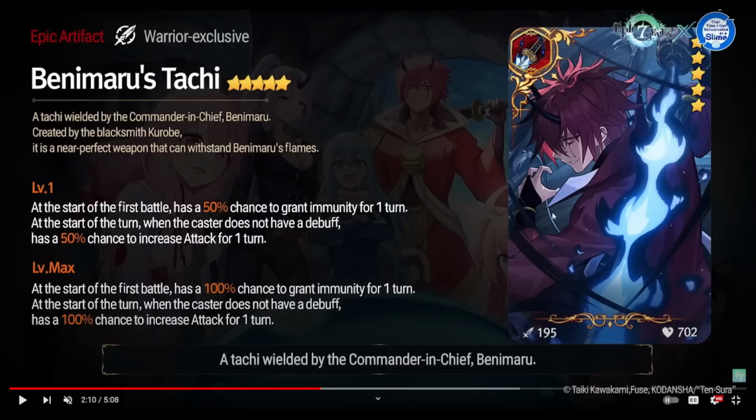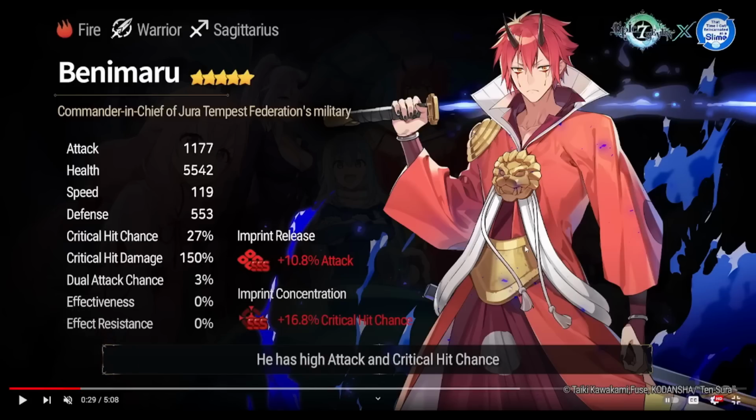This artifact needs to be maxed to be very good, albeit you don't really need this to be maxed. You can always just use Draco Plate, like I said, or a different artifact, but having this on him would be very, very good because it looks super, super good on him and it synergizes very well. Perma attack buff, basically. And also because critical hit chance, one of the best concentrations in the game, like I said,